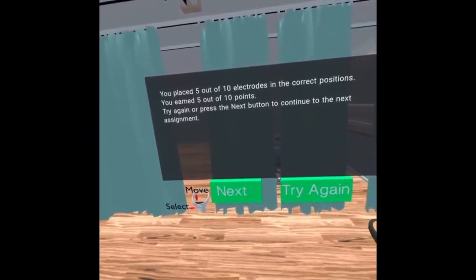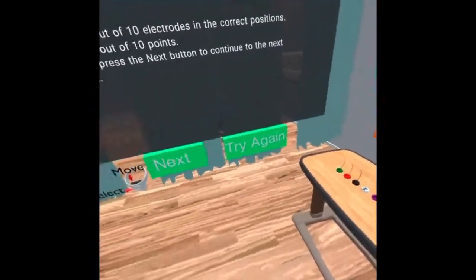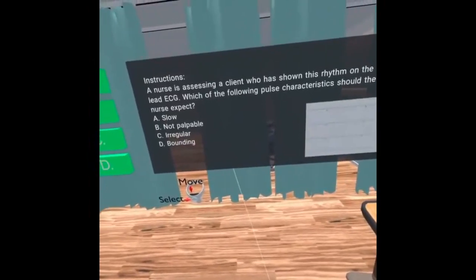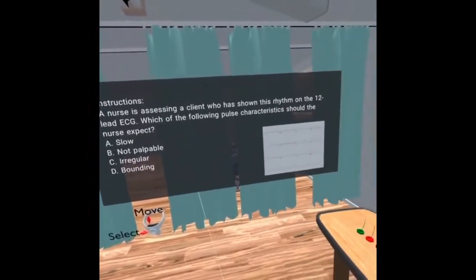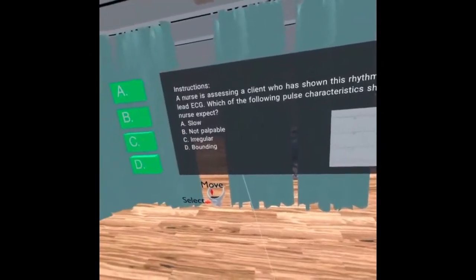Final score. So on this one, we place 5 out of 10 in the correct position. You can see that the electrode that we placed on the nose is back in the table. And then when we click next, it brings us to an assessment where we can look at rhythm